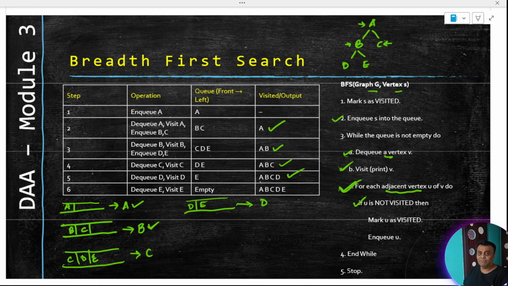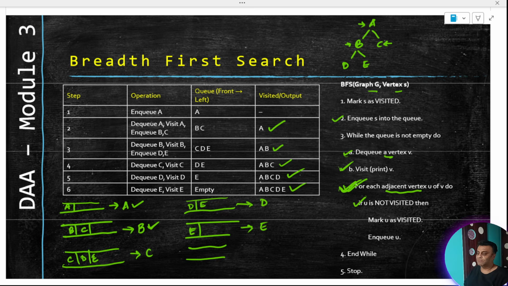Now is my D having any adjacency? D doesn't have any adjacency, right? So therefore I will go to E, then this E will be dequeued, and does E have any adjacency? It doesn't. Therefore this queue will become empty, and this will be my final output. So that is your breadth first search, right?